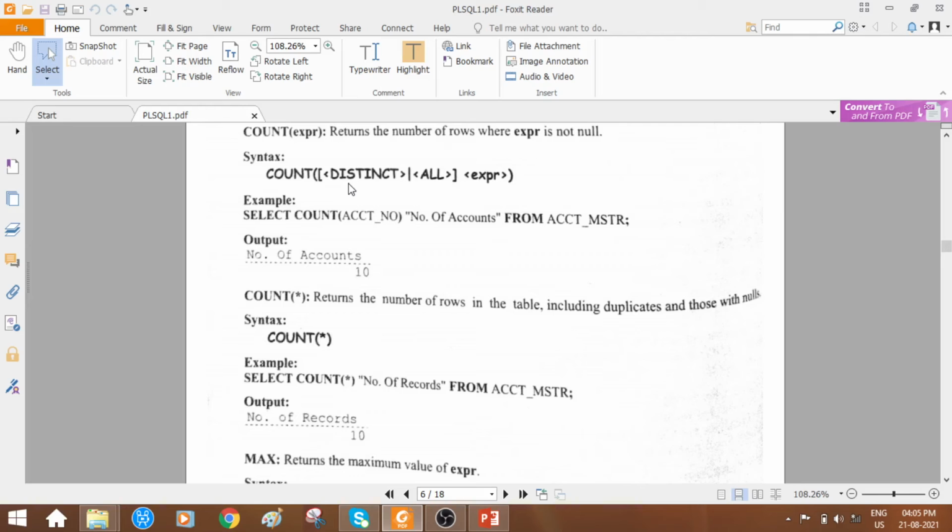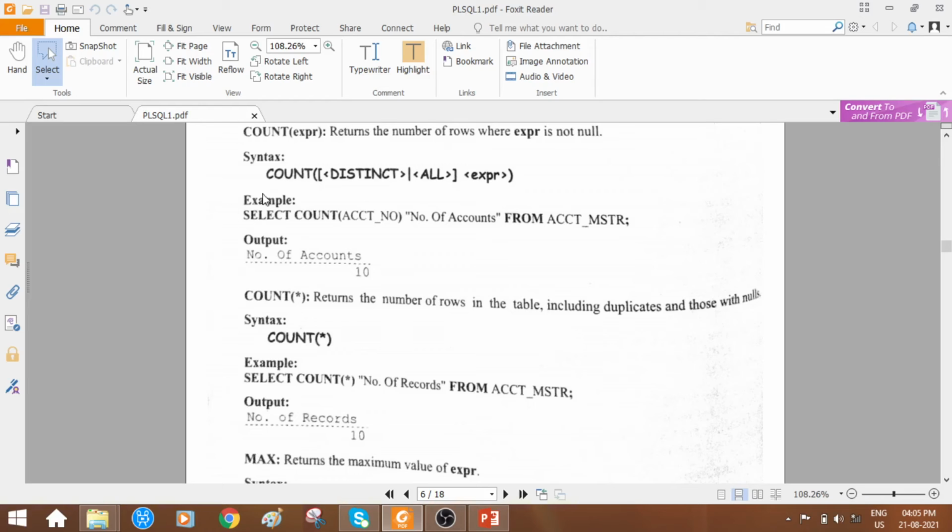For the other Tarun, it observes the same name, so it skips; it doesn't take the count of the same name. Whereas if you don't use distinct and simply use count of the column name, even though the values are repeated, it is going to count the total number of names present in that student name column.